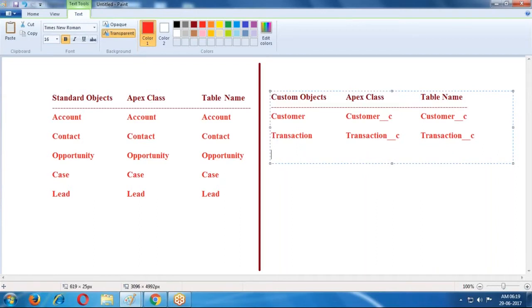If I created Loan as the object, for the Loan object, Loan underscore underscore C and Loan underscore underscore C. Class name and table name are the same.